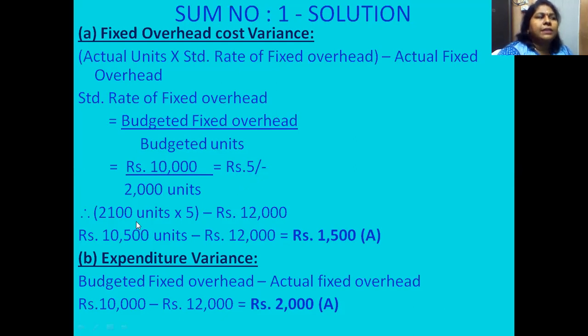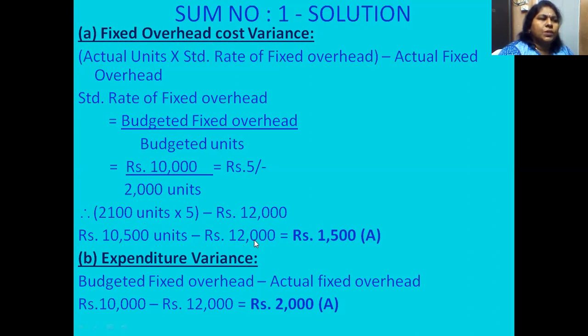Mind it, always calculate the standard or required overheads, whatever it is, on the actual output. The actual output was 2,100 into the standard rate of 5 rupees. So it will give 10,500 as the recovered fixed overheads on the actual output,